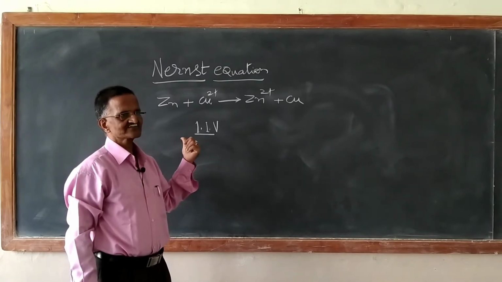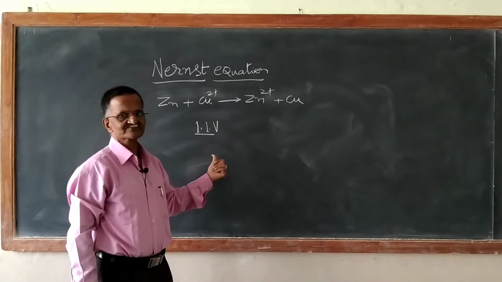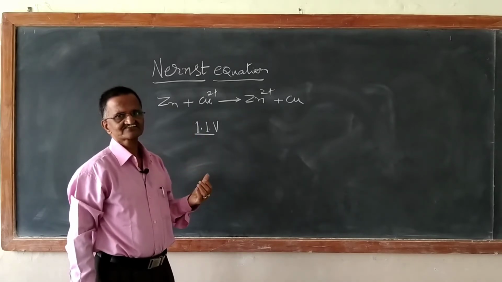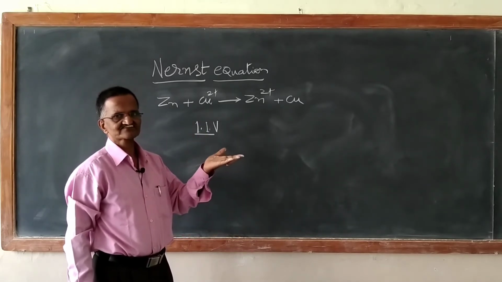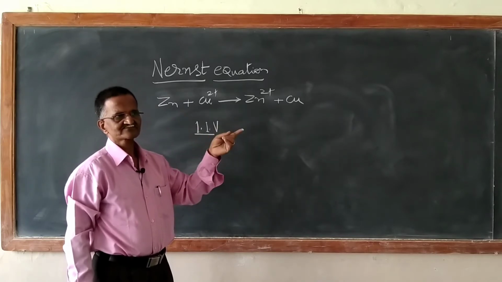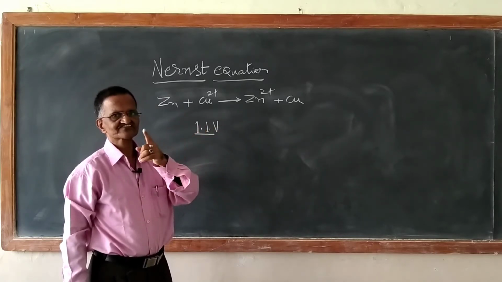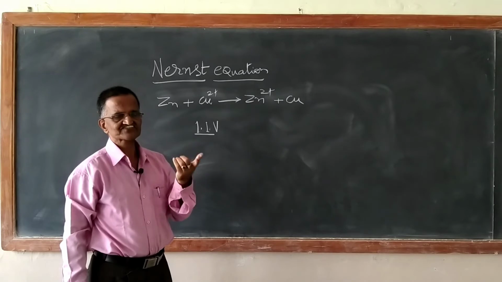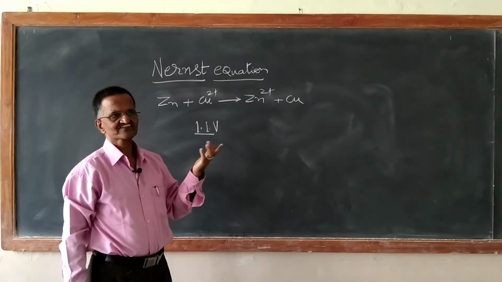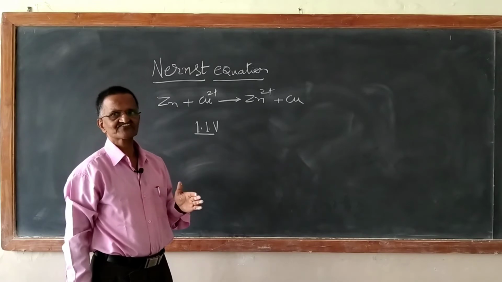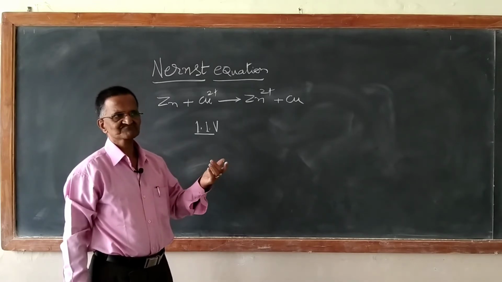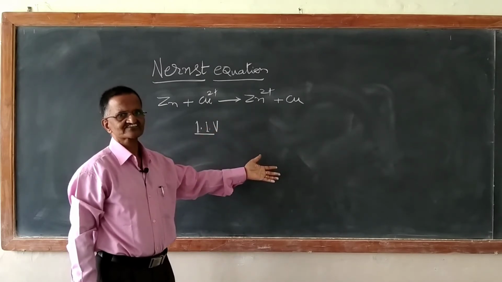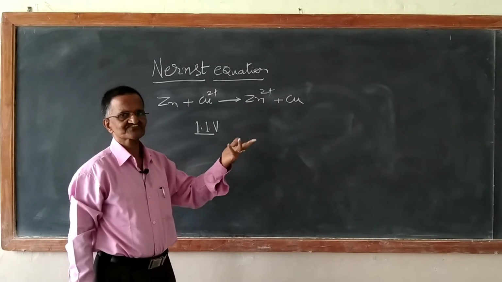Here, as Zn gets oxidized to Zn2+, with time the concentration of Zn2+ will increase. Again we have that relation: Zn undergoes oxidation to form Zn2+ and 2 electrons. If the concentration of Zn2+ increases, by Le Chatelier's principle, after some time there is no more Zn which can undergo oxidation to form Zn2+. So with time, zinc is there, but it will not further undergo oxidation. On the other side, there is no more Cu2+ to get reduced.